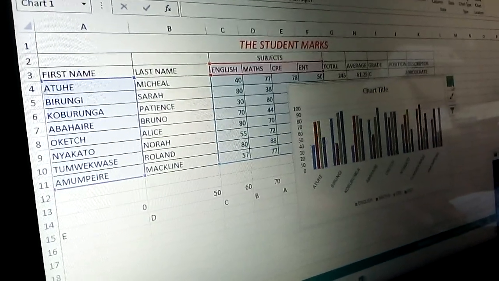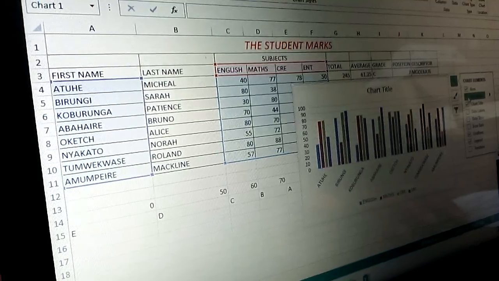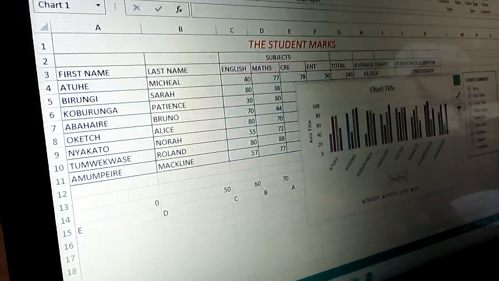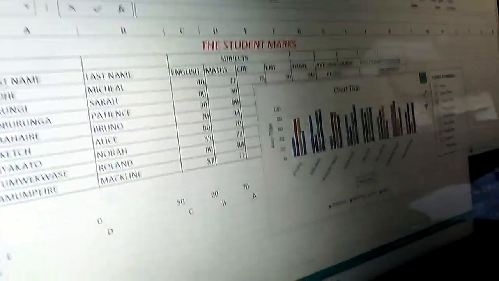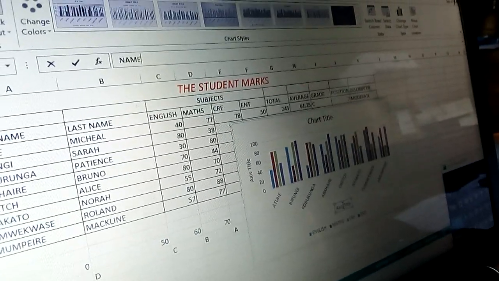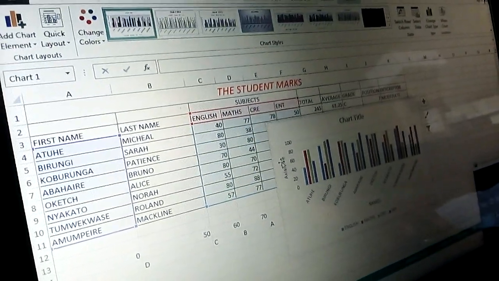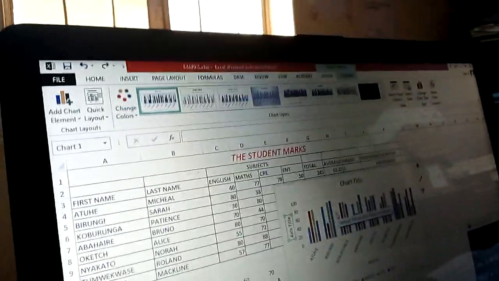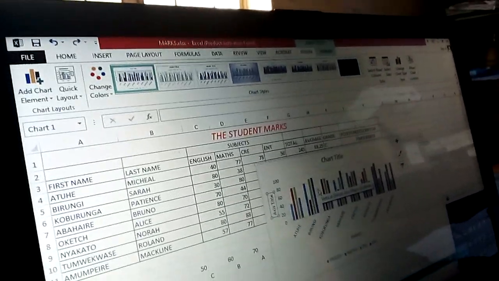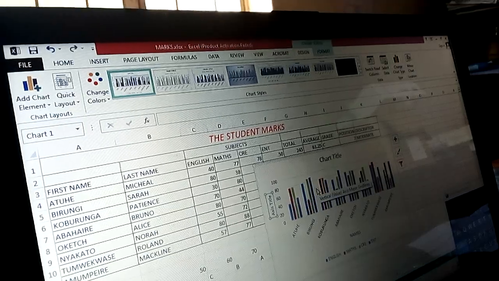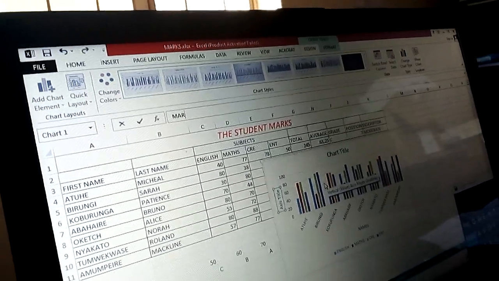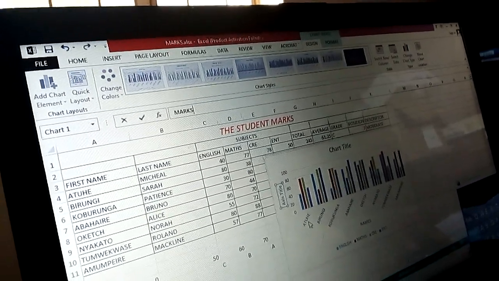So we are supposed also to format it, and we put the axis titles, so that here we put names. Then here we are supposed to put average, because we max for each subject.